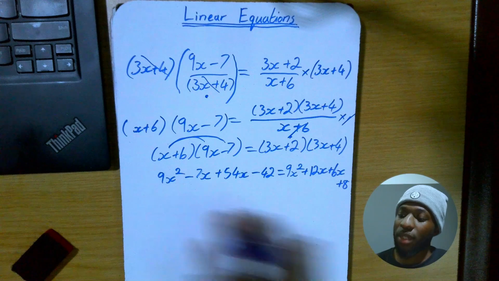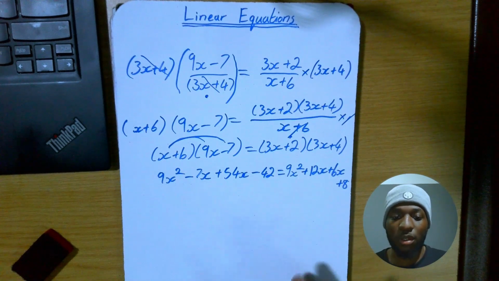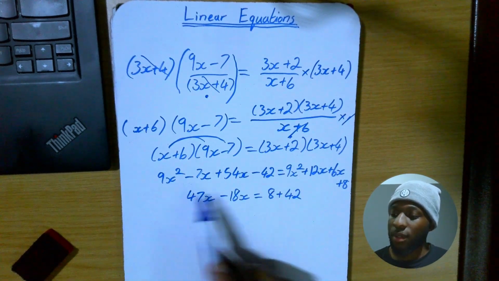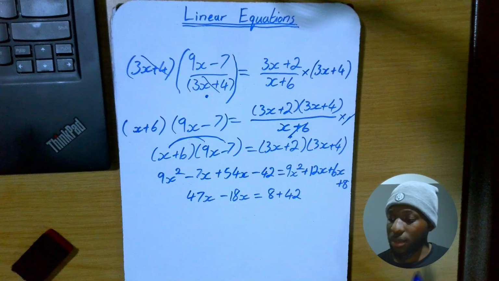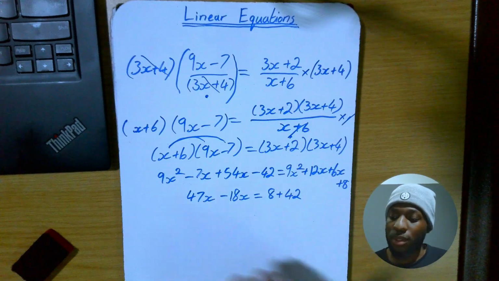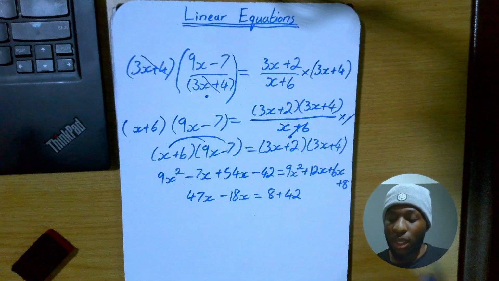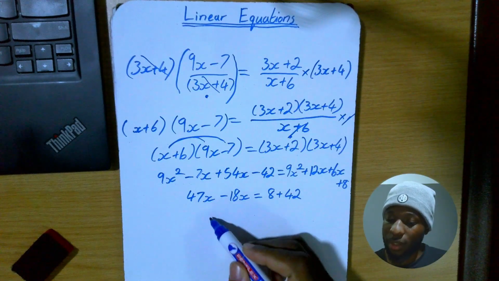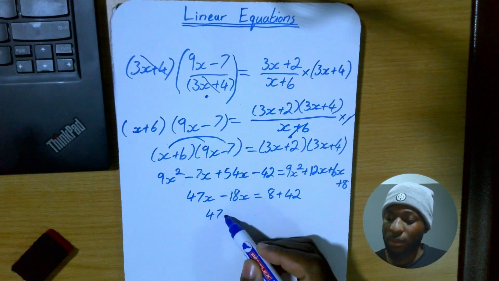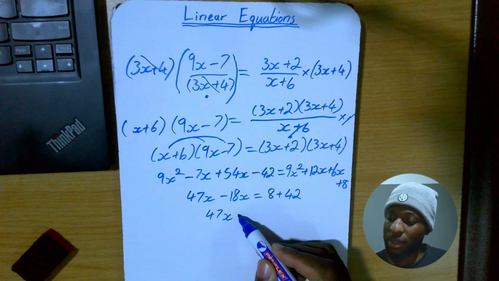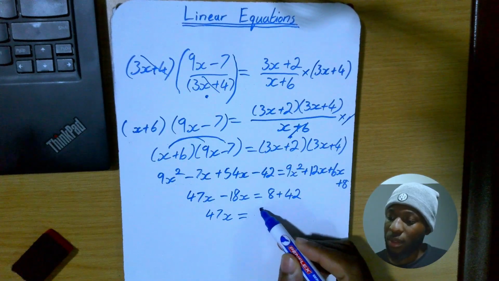From here we will group the like terms, and this is how it will look. After grouping the like terms and adding or subtracting, this is what we'll have. I just skipped straight to this step, but you can double check if you want. If we add or subtract, finally we'll end up with 47 on the left, so 47x equals to